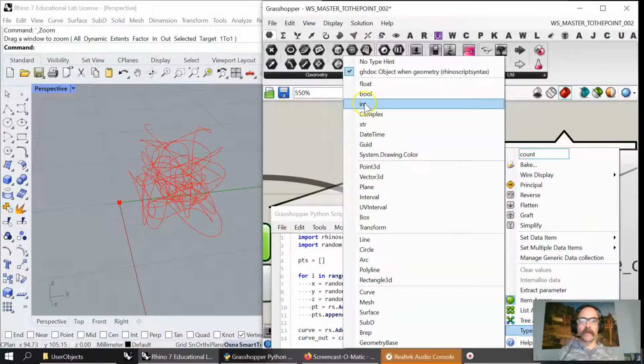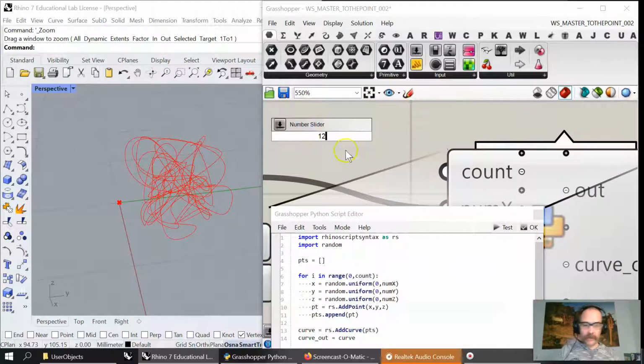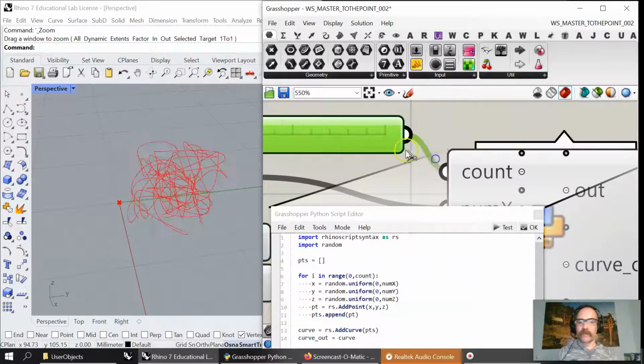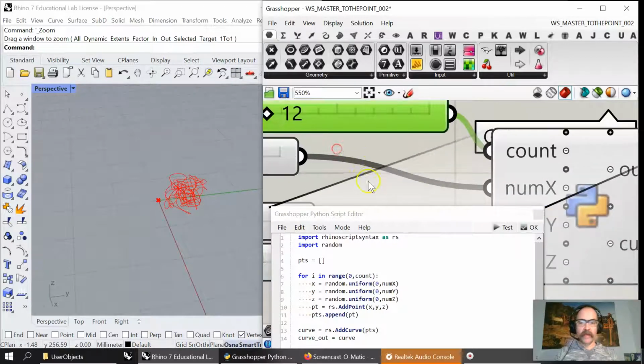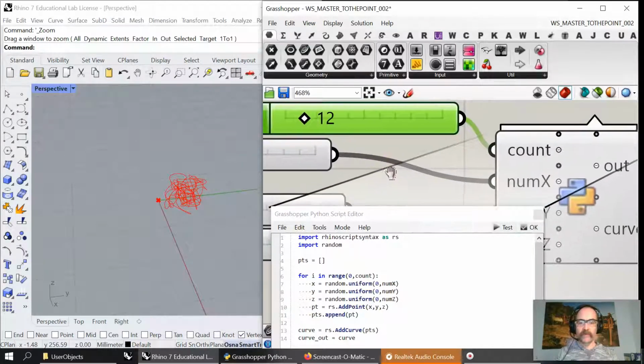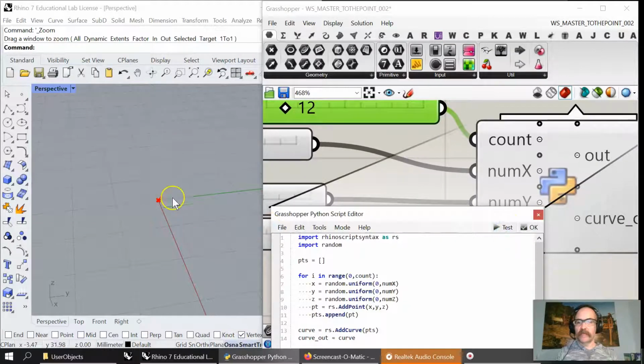And take the type int down to integer. Pretty basic stuff. 12 to begin with. It's just common practice. And then we have this way of going in and finding the ranges of all these numbers. Let me test it. And we have a much simpler